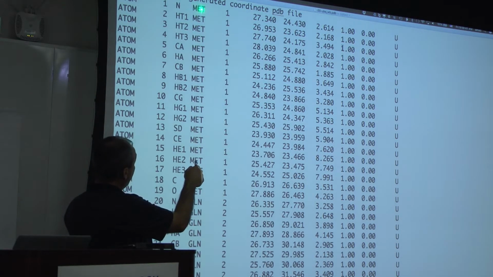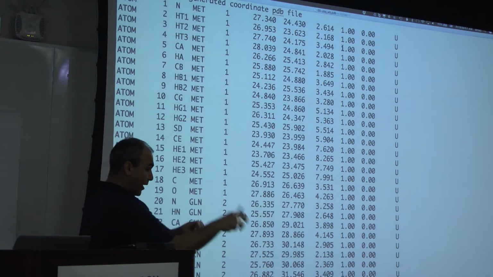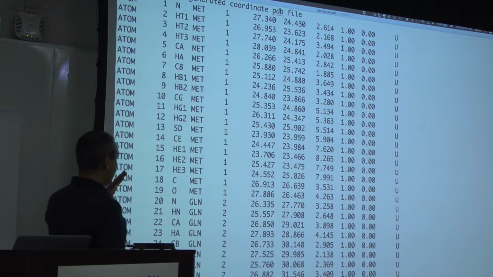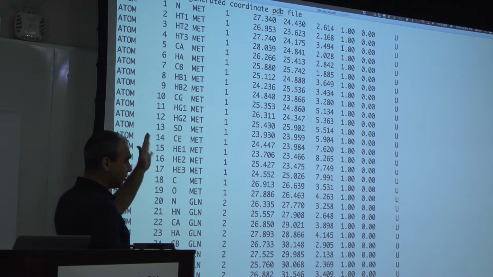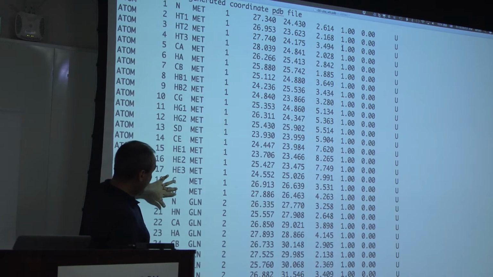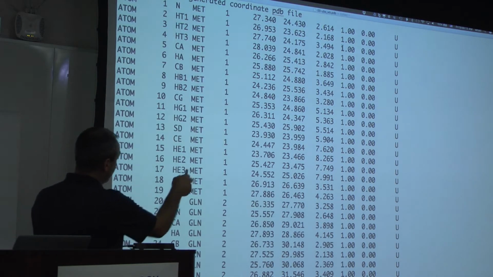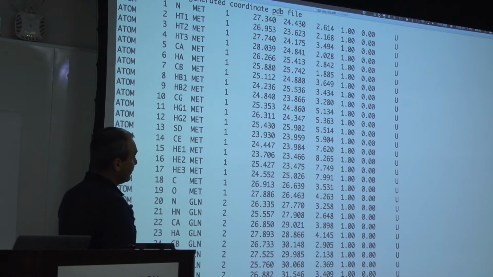Each residue can have only 1 atom name of a kind. So you cannot have 2 of the same atom names within the same residue because there is only 1 address. This is like the street, and these are the house numbers. And later we're going to find out how big this house is. Is it 2-story, 3-story, 1-story? The chemical nature of those atoms or addresses will be specified later. So we just know atom names, resname, resid, x, y, z coordinates of the position of